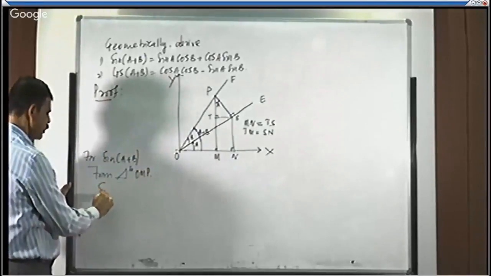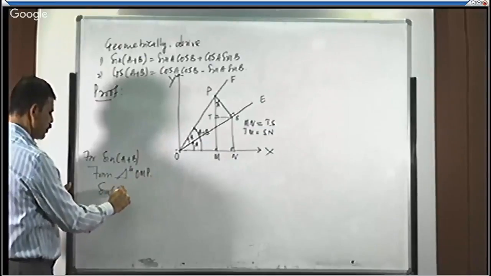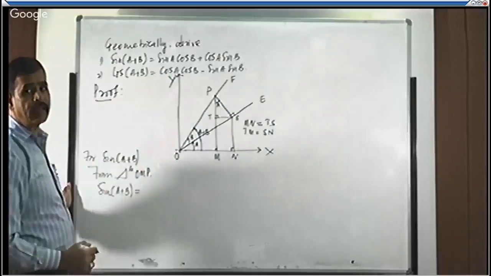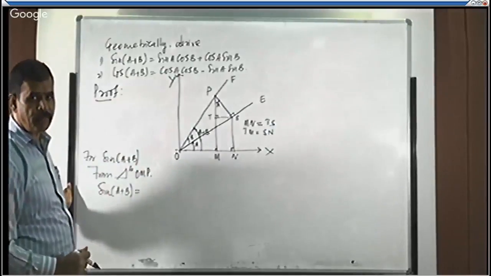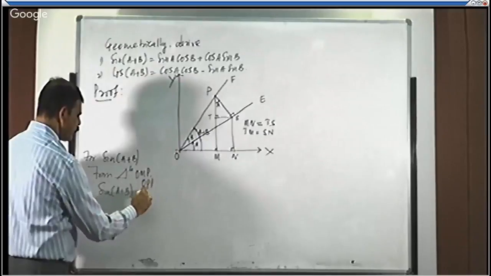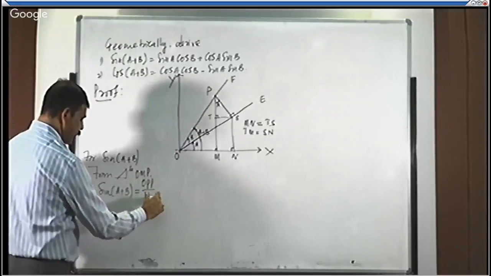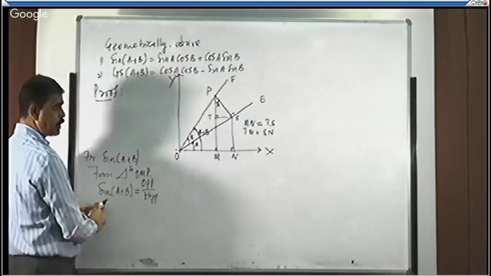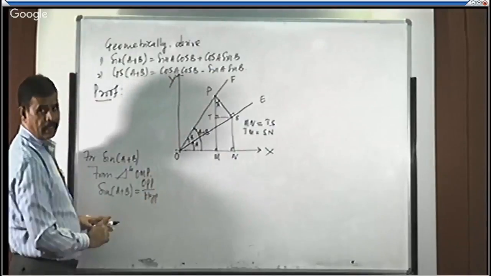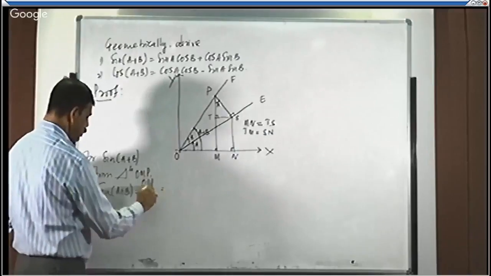Define sine of angle A plus B. What is sine? Sine of an angle is equal to what? Opposite side divided by hypotenuse side, right? In any right angle triangle, sine of an angle is always equal to the opposite side by the hypotenuse side of that angle, right? In this right angle triangle